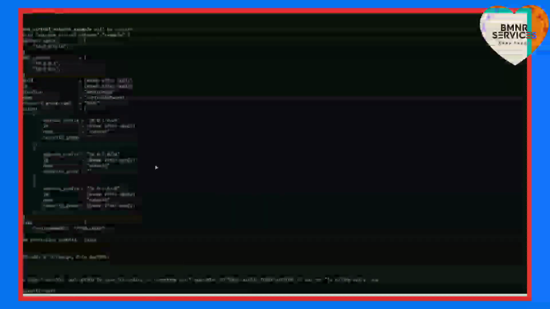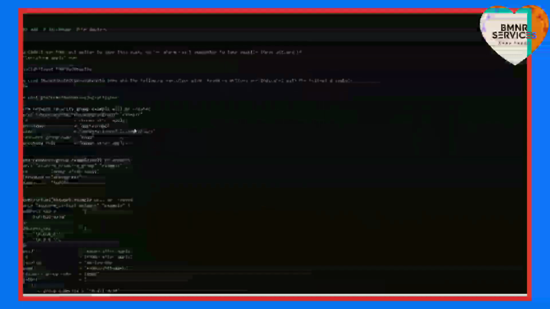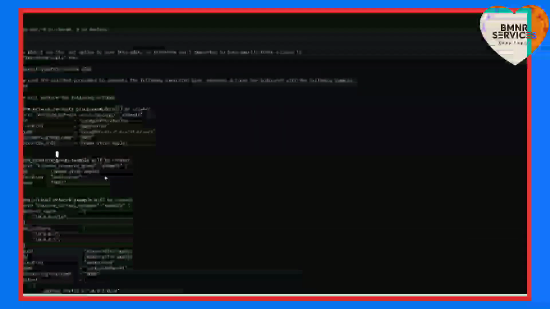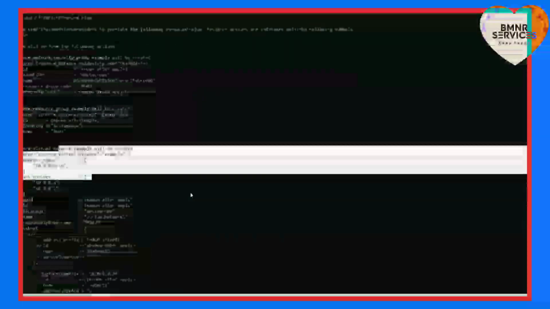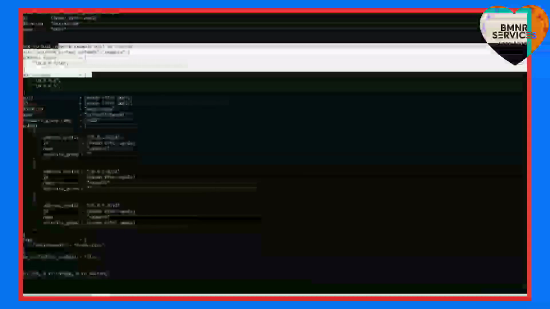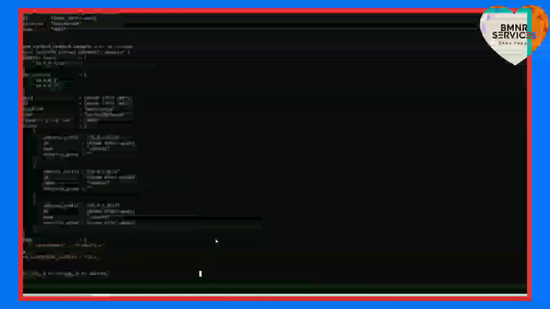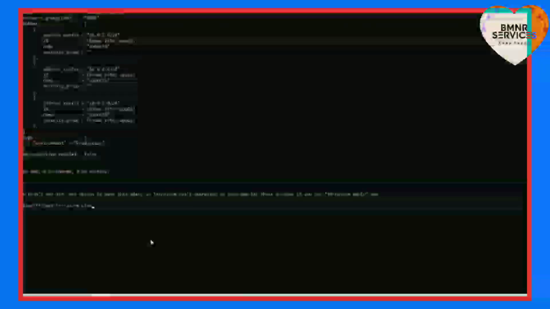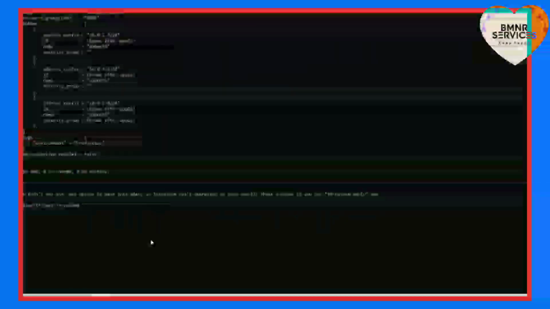Three resources are getting created. Now there is no DDoS, only the network security group, resource group, and virtual network with three different subnets. Let us create that. Terraform apply,